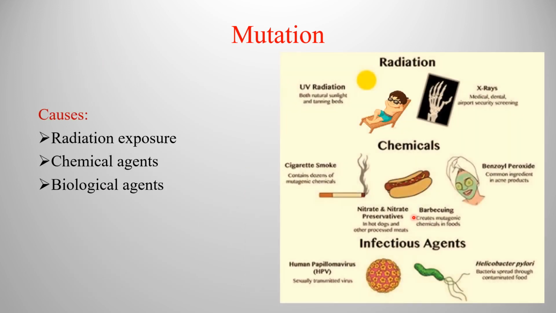The next question is, what causes these mutations to occur? There are multiple factors that induce mutations. Exposure to radiation like ultraviolet rays, X-rays and gamma rays can induce mutation and cause different types of diseases like skin cancer, etc. Chemical substances that are present in tobacco and tobacco-derived products, and certain chemicals that are added in food products to enhance the taste, and some chemicals used in skincare products can also cause various mutations. And infections with various biological agents like pathogenic bacteria or a virus can also induce different mutations.